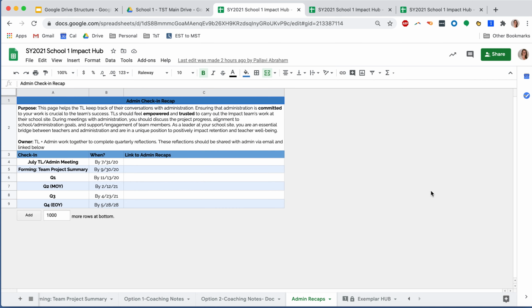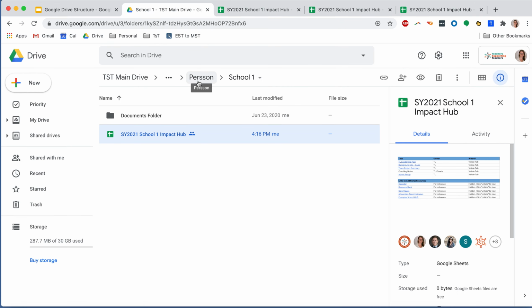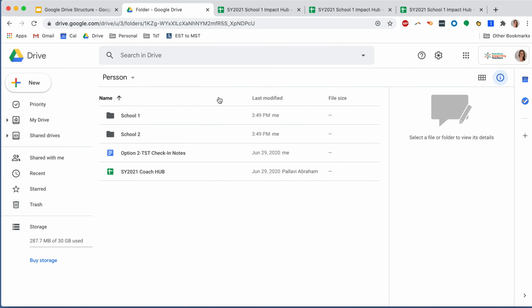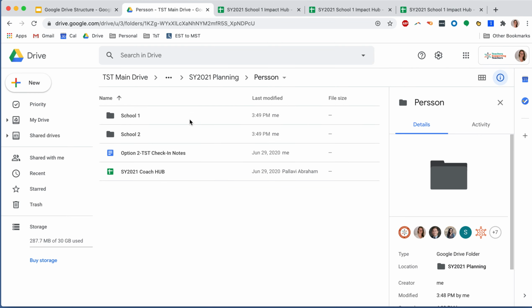The last tab that you'll see here is the admin check-ins. We found that our TLs who are most successful are those who are checking in frequently with admin to ensure that admin are on the same page and giving them the resources and time they need to complete their projects. So it's going to be really important that you check in with them to ensure that they are regularly meeting with admin. If I click back out of there and then back to my own personal folder, I see again